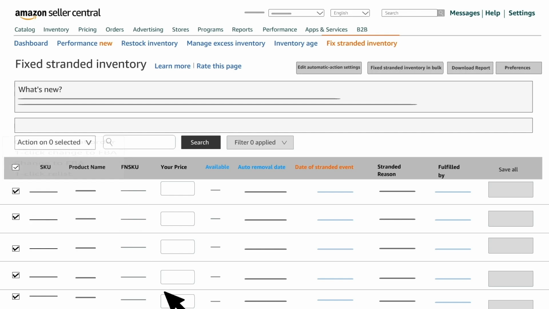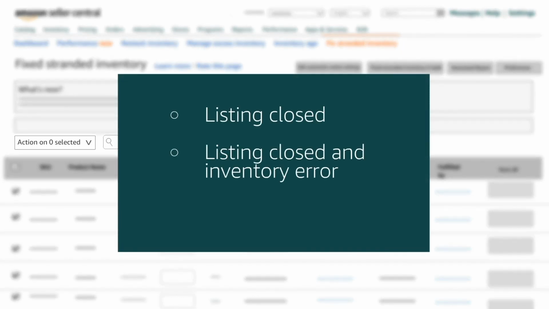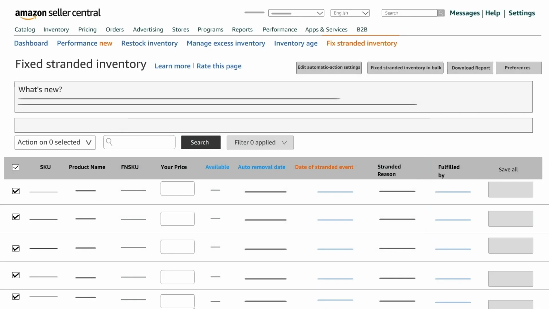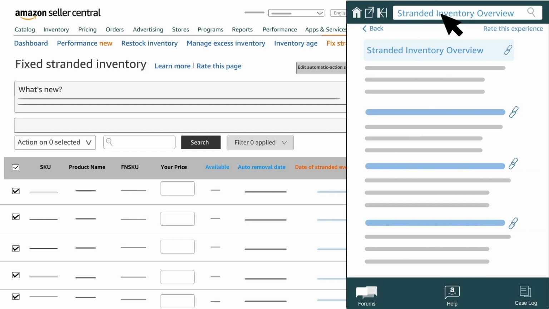action. Automatic relist will automatically relist inventory that has been stranded for 14 days under these stranded reasons: listing closed and inventory error, item discontinued. Adjust this setting by clicking Edit Automatic Actions Settings. You can find additional information on this by searching for Stranded Inventory Overview in the search box on Seller Central